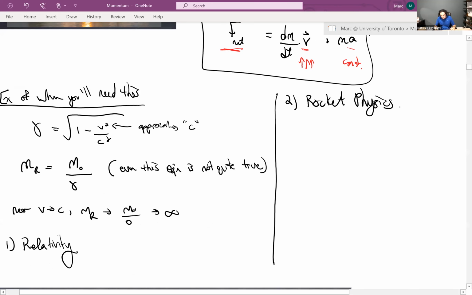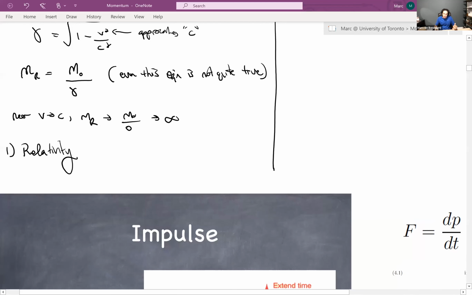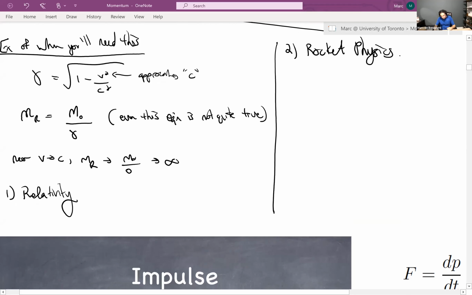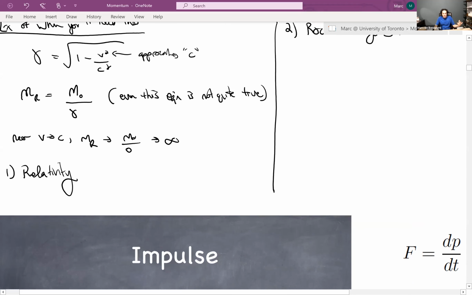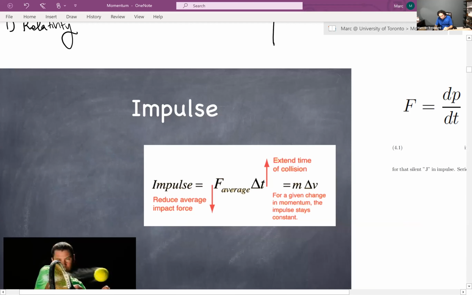So anyway, those are the two situations in which, if you're an actual physicist doing modern physics with relativity or particle physics, or if you were a space physicist like Marc Garneau was, then you would actually have to use the real Newton's second law. But both of which involve calculus, and this is not a calculus-based physics course, so we won't have to do that. But it's cool to think about. Okay,